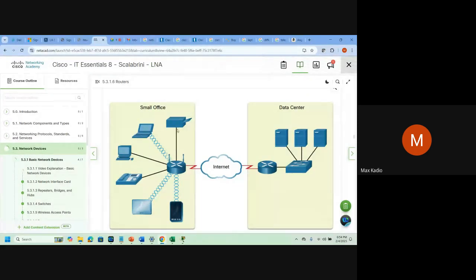So it's not good to connect devices directly to a router. You connect to a switch first, because this one is a Wi-Fi. You can do so, but normally we connect everything to a switch, then to a router, unless we have a Wi-Fi router, like what we have at home, then it's fine. You see, there's this sign, it means Wi-Fi, wireless.